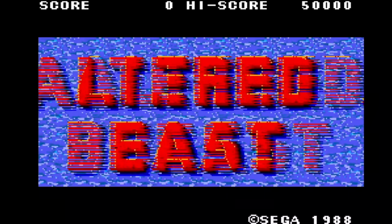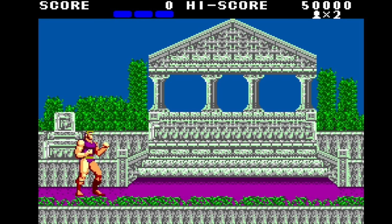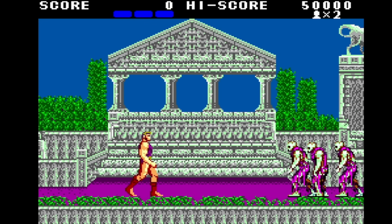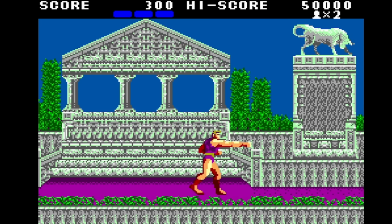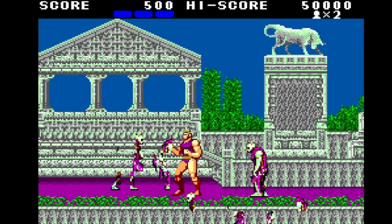We can talk about Altered Beast briefly. Now, we are at that age. We are at that time. I think it's okay for us to be honest with ourselves to say, Altered Beast was never that great of a game. It had a fun idea. I liked the concept where you can turn into a different animal in every stage. But slow moving,